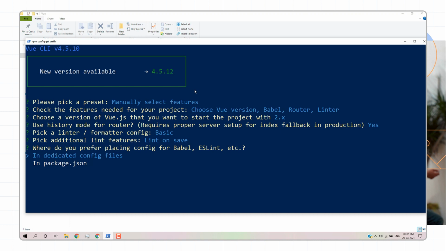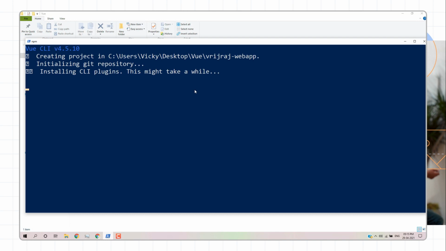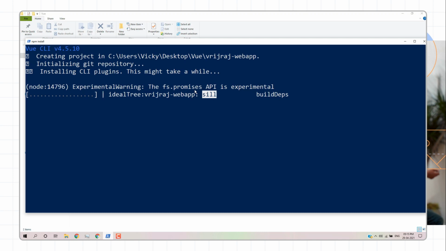It's totally up to you. I'll suggest you go for dedicated files. I'll click on dedicated files, and then you can choose whether to save the preset for future projects or not. No, I'm not interested, and then press enter. It will create a project for you having sample code.